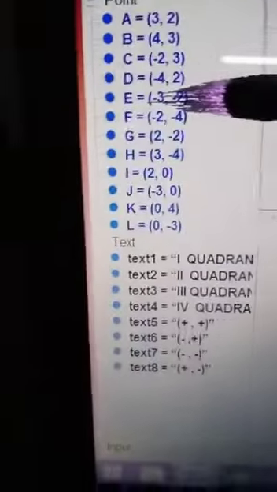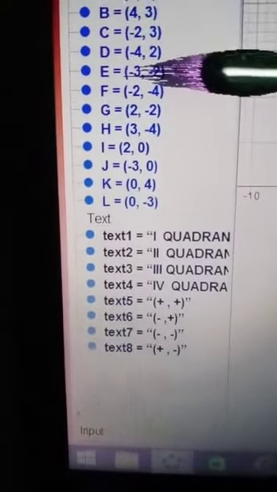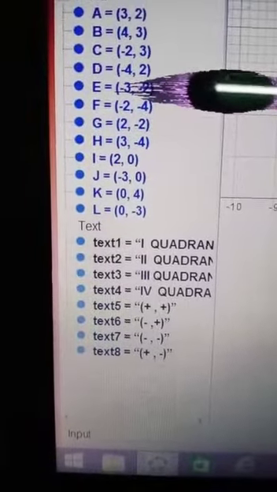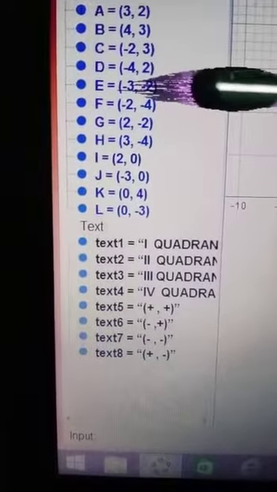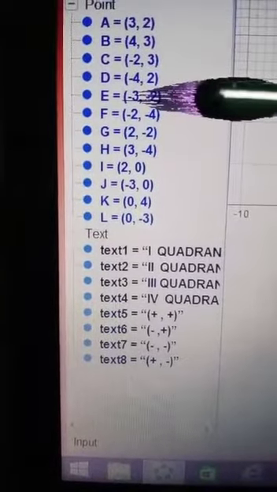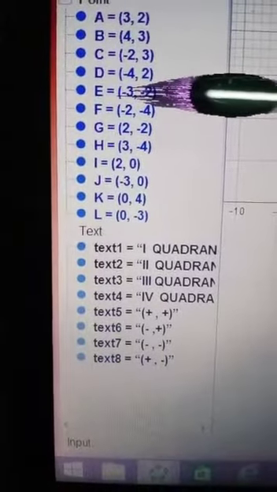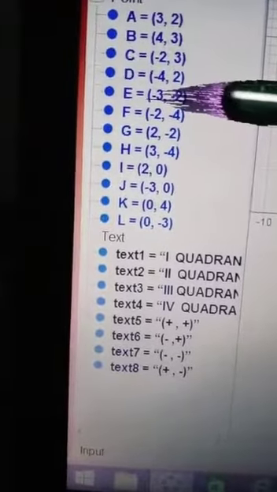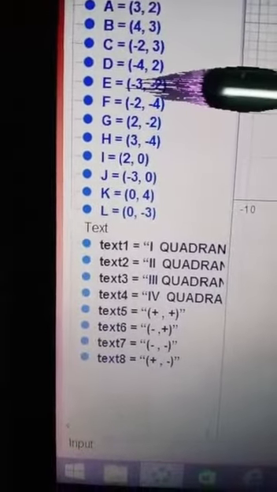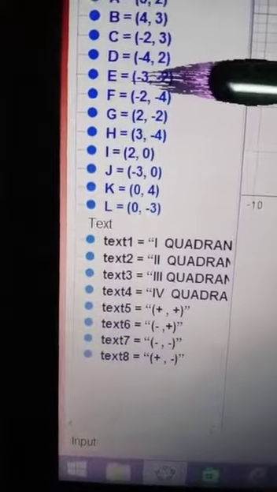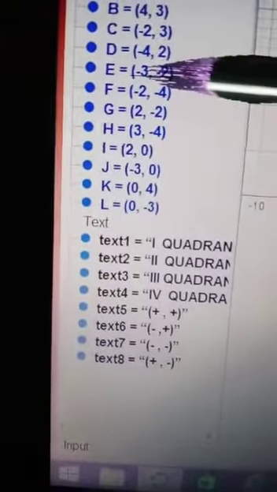So see here, the coordinate of the point K, which was in the positive direction on the y-axis, is (0, 4), and the coordinate of the point L, which was on the y-axis in the negative direction, is (0, -3). So the conclusion from these 2 points is, if a point lies on the y-axis, then always its x coordinate will be 0.